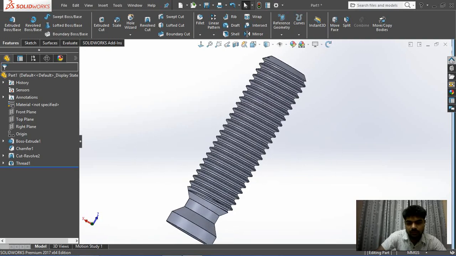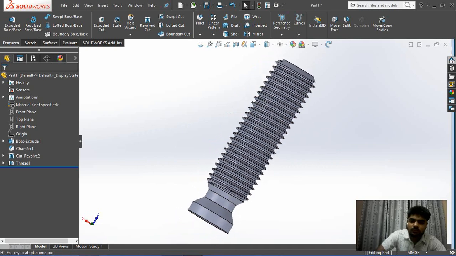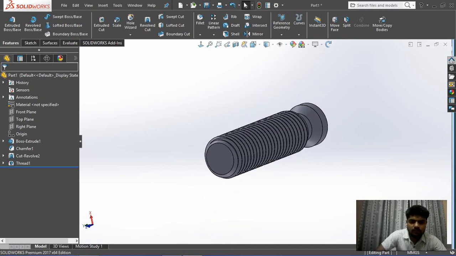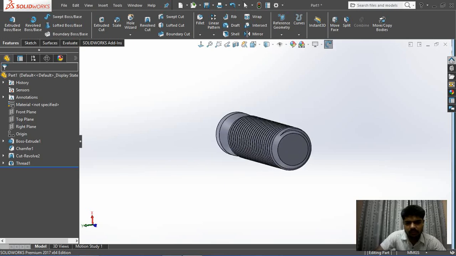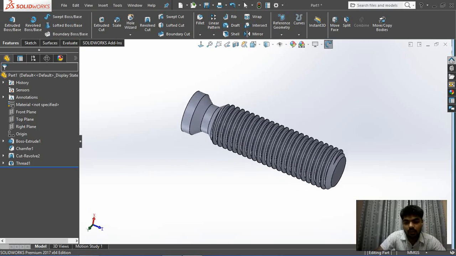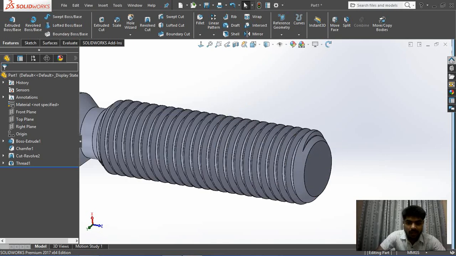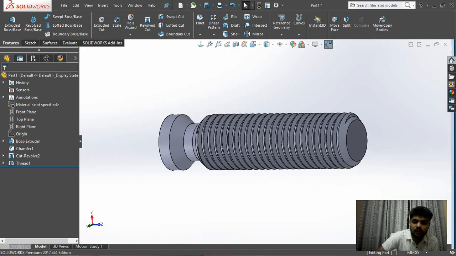So this is just a small, means this is some technical data that you should always take care of when you are designing any threaded part.